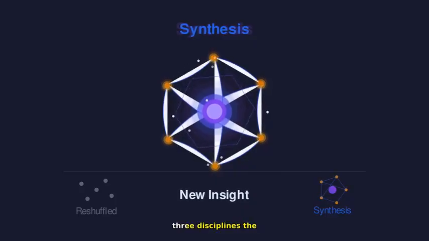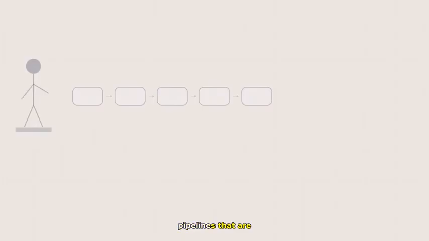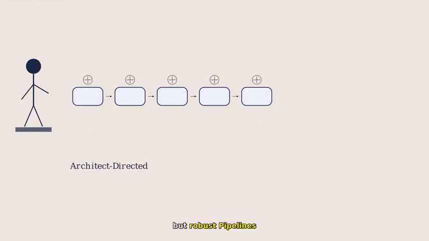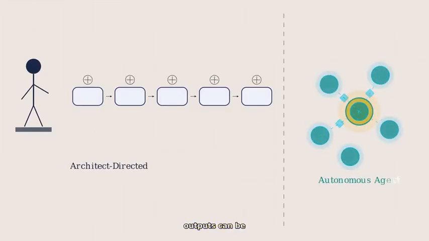Together, these three disciplines, the pipeline pattern, format consistency, and context management, give you a complete toolkit for building research pipelines that are not just functional, but robust. Pipelines that produce reliable outputs can be debugged efficiently when something breaks and can